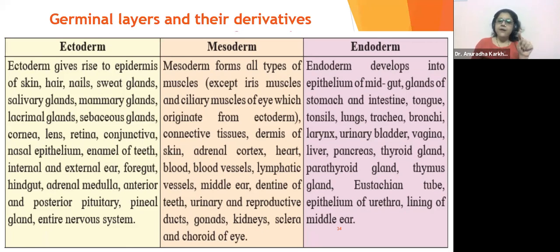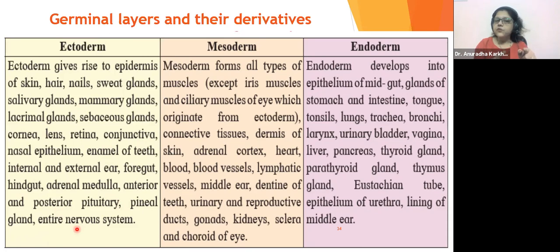Ectoderm gives rise to epidermis of. So ecto means outside, epi means outside. Okay, so if you see over here in ectoderm, majority of them are what? Majority are parts of the eye, the outside of the teeth, the enamel. Then your pituitary gland, pineal gland, posterior pituitary, pineal, and nervous system. So basically ectoderm is associated with eye and nervous system, right?